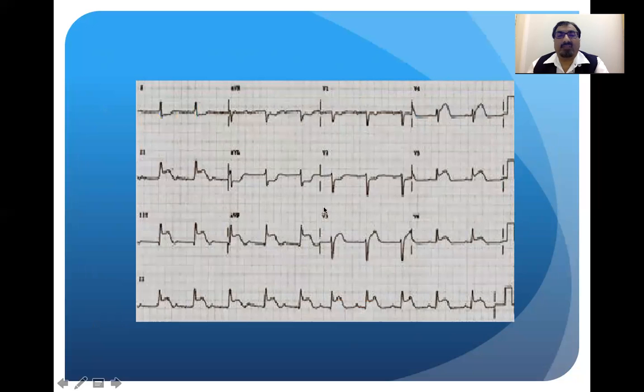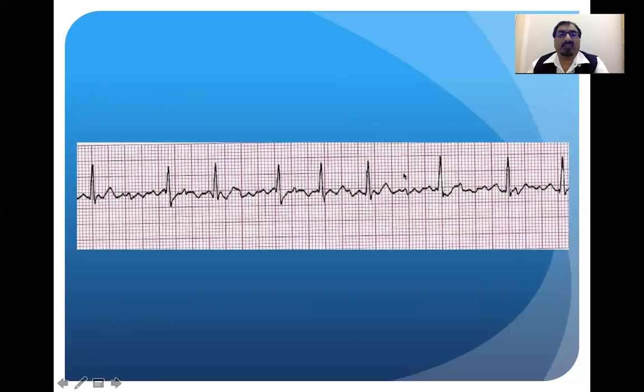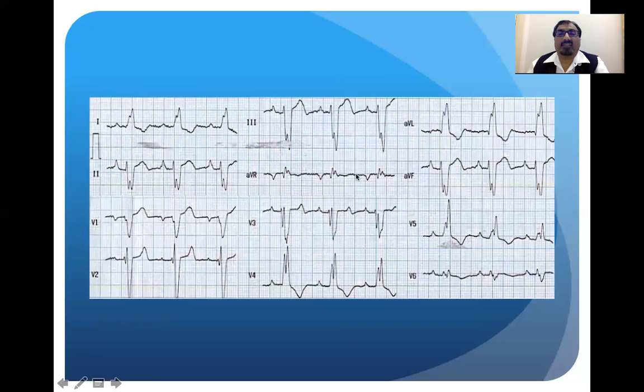This is again II, III, aVF, and these ECGs are important from the assessment point of view, and sometimes in the exams you get all the ECGs. This is another ECG strip which is showing you some flutter waves. You can appreciate these flutter waves, and there is a changing RR interval which is suggestive of atrial fibrillation with flutter. It is not possible to tell whether this is secondary to hyperthyroid function or secondary to coronary artery disease, but they are one of the complications which you need to diagnose and then try to do assessment with the